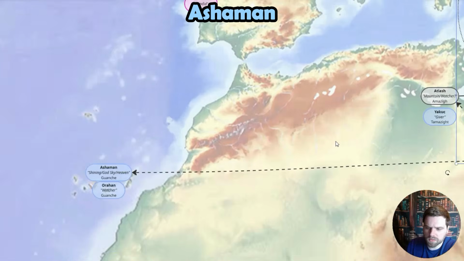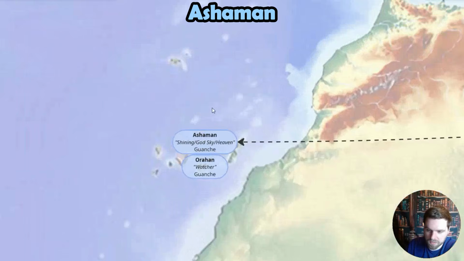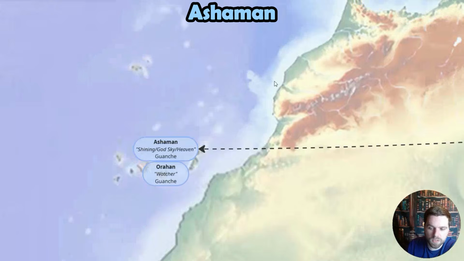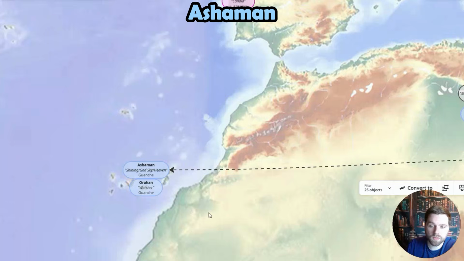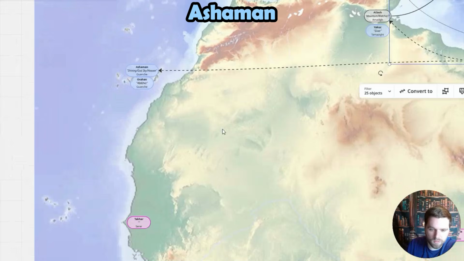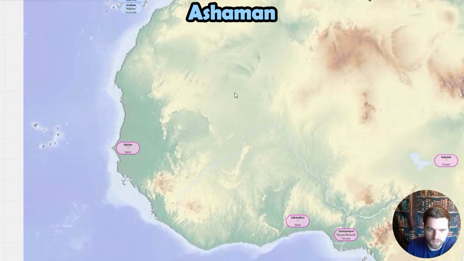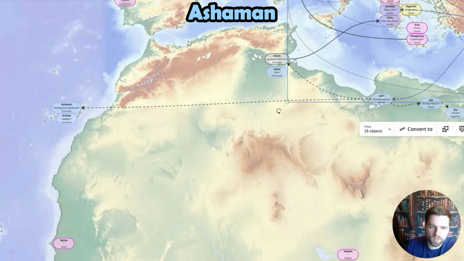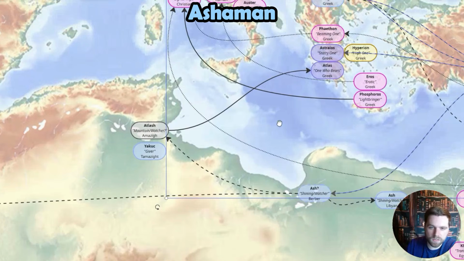The other hypotheses to where Atlantis might be is beyond the Pillars of Hercules. There are a bunch of islands here settled by Berber peoples who eventually were called the Guanche before the Spanish unfortunately came in and spread their religion. Then the other more crazy but still interesting hypothesis would be the Eye of the Sahara, which is more down here. Nonetheless, all of those areas are within the Maghreb, the greater Maghreb region, and so either way, I think the Greeks were correct that Atlas and Atlantis were Berber in some sense.